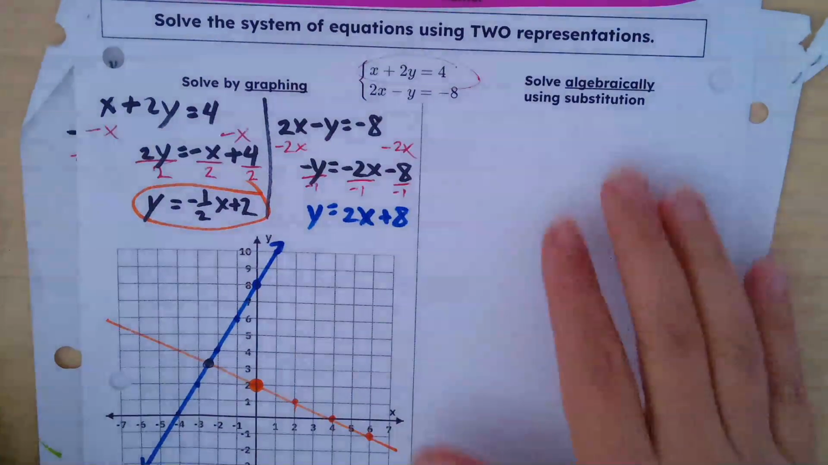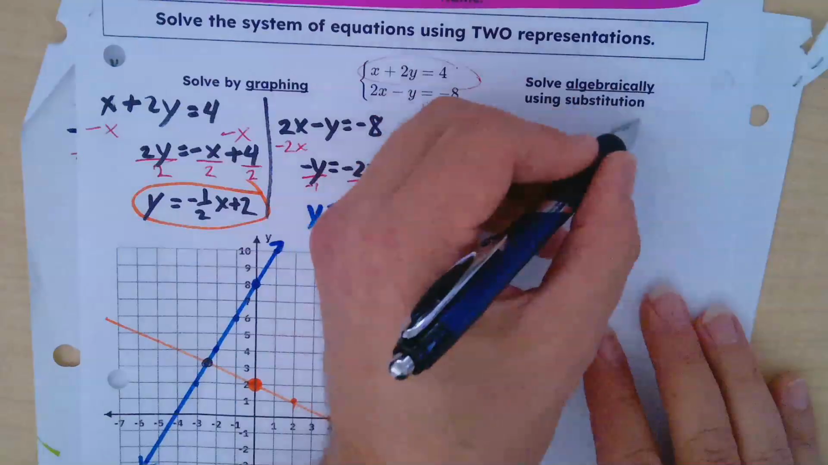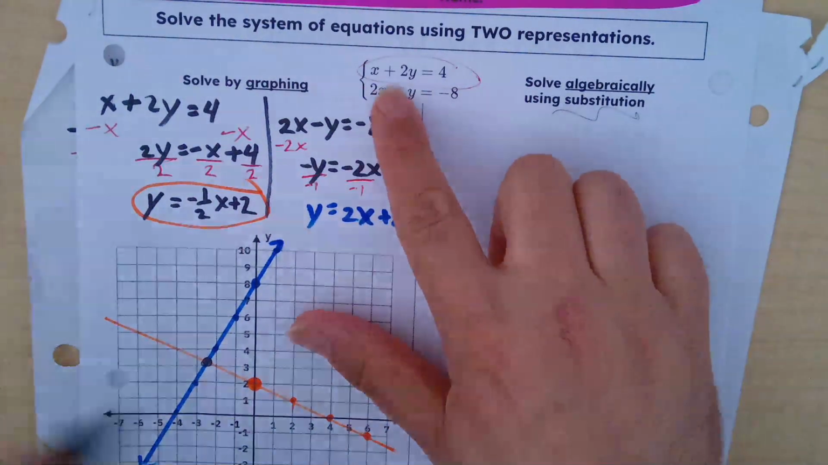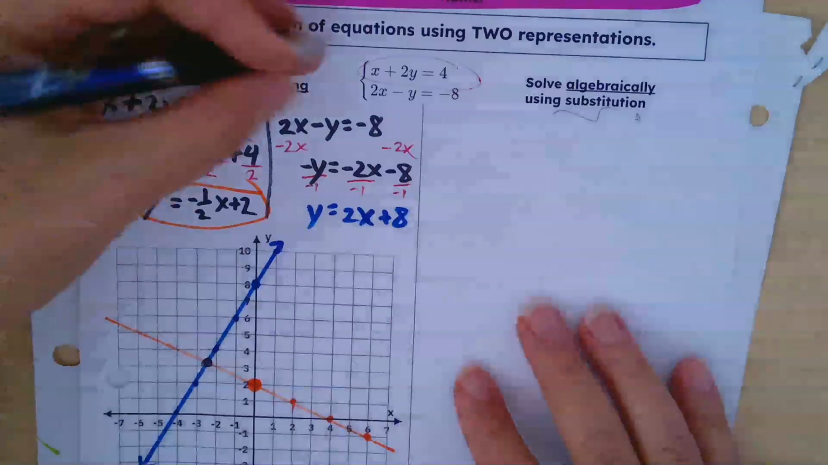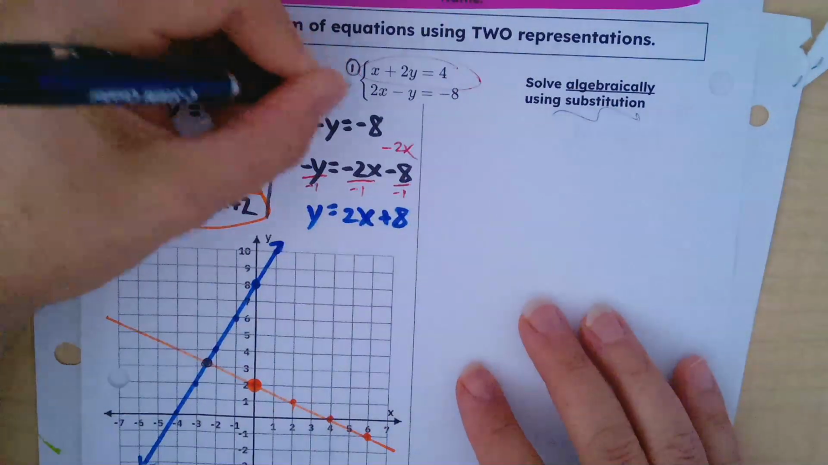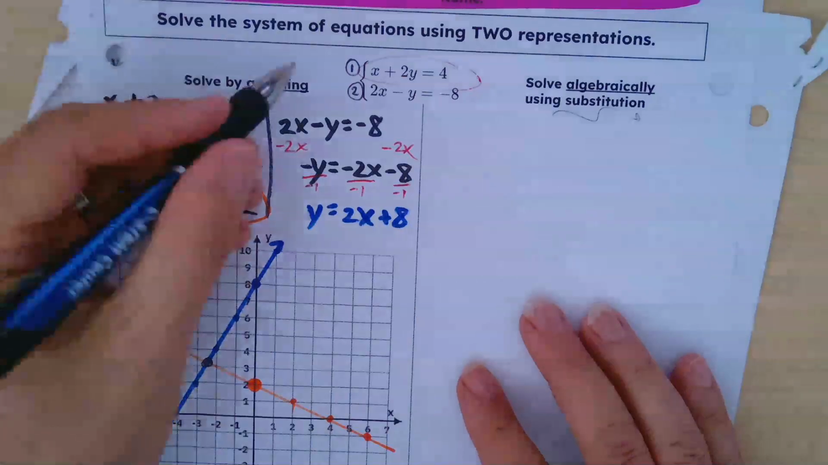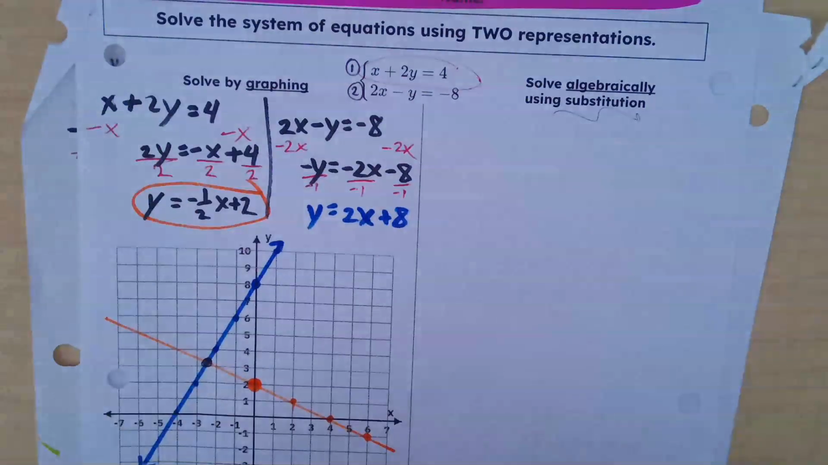So using substitution is one way. So what I recommend, so let's use this first equation. One thing I do is I put like a 1 with a circle and a 2 with a circle. This helps me identify which equation I'm working with. So I'm just going to write the first equation,